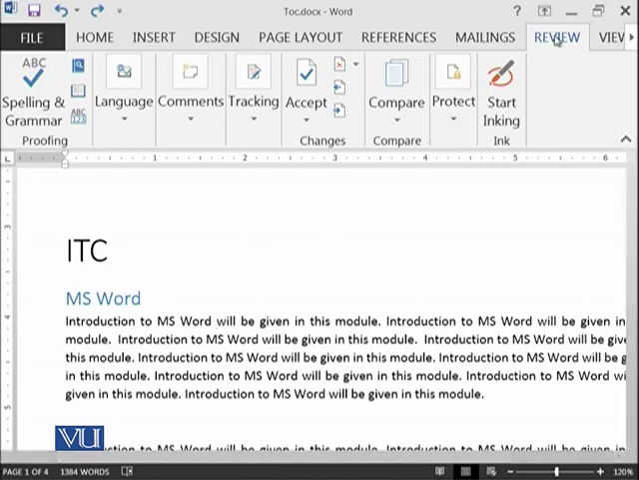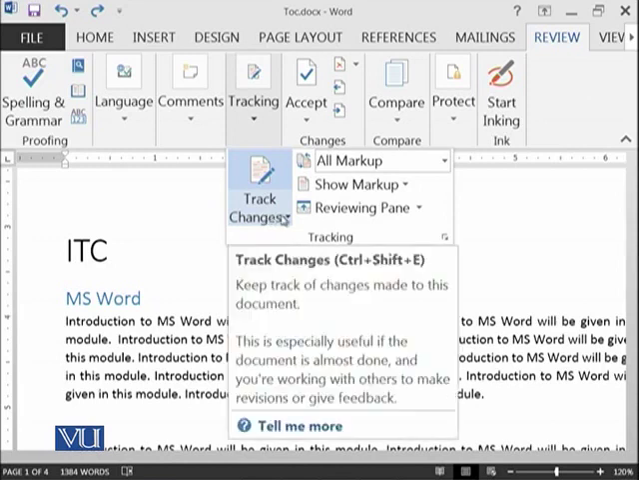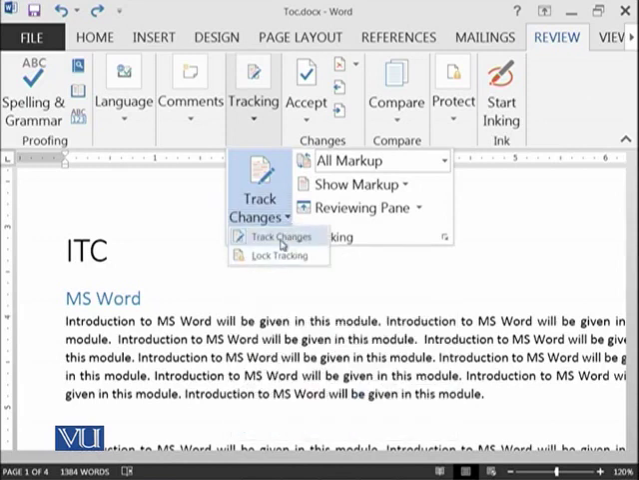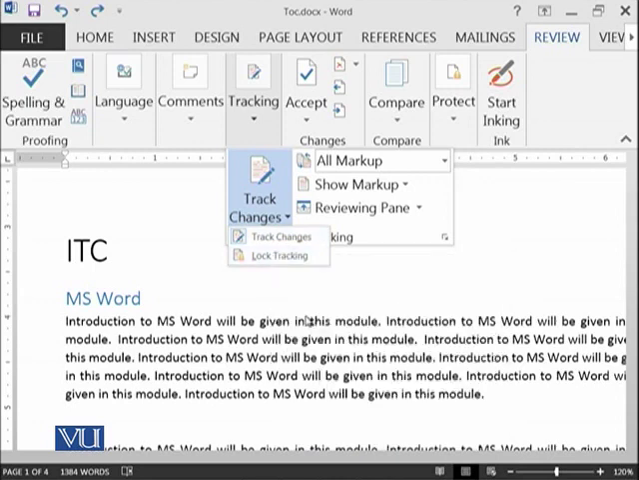So first of all, I should go into the review tab, tracking, and this is track changes. There are two options: whether you want to start tracking or lock the tracking, which means there is no tracking. At the moment there is no tracking. So let's click on track changes. Now whatever changes I make in this document